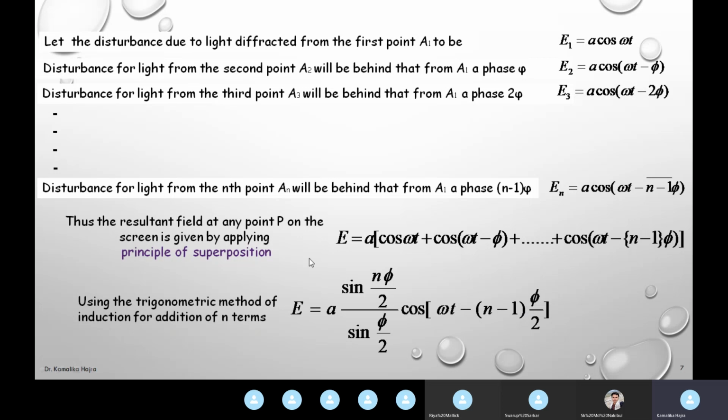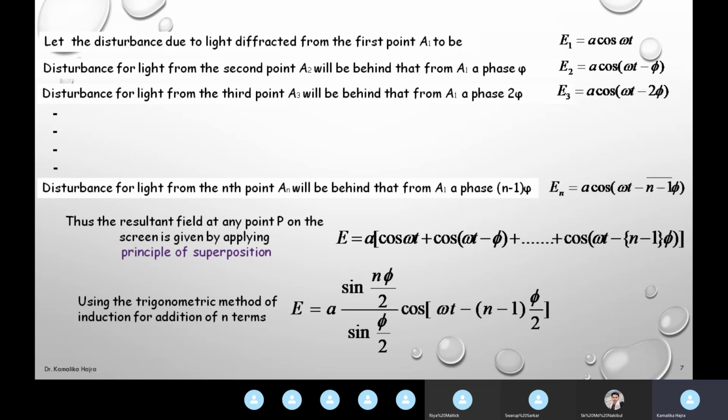If you take a close look at this expression, you see that n is the term that is not physically there. We have assumed the slit to be made up of n points, delta distance apart. It is not actually there. So we have to write this in terms of known parameters. For the time being, this is the resultant disturbance at the point P due to superposition of these n waves, n rays.